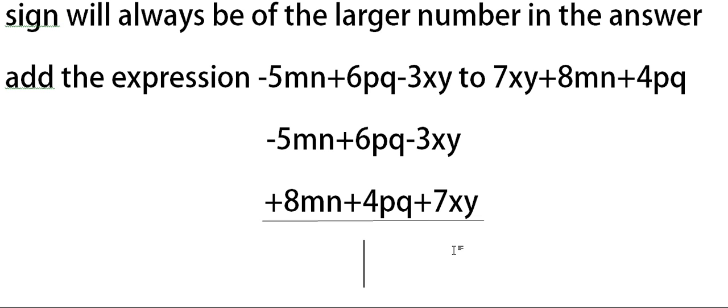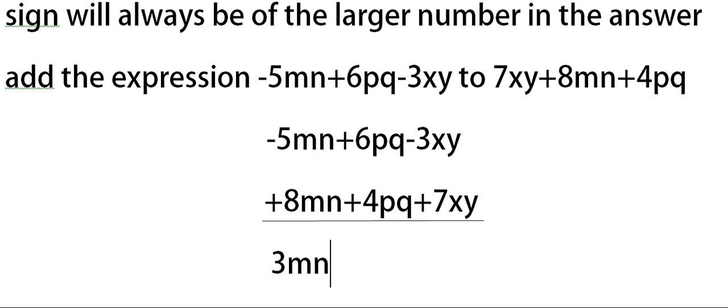Now let's see. Since the like terms have been arranged accordingly, you need not worry about the variable anymore. The mn, these are the variables, you need not worry about it anymore. Your concern should be the constant that is attached with it. Now the constant in the first case is -5, and just below it I have +8. So I told you plus minus is always minus, so you have to subtract. So you will subtract 5 from 8. So you will get